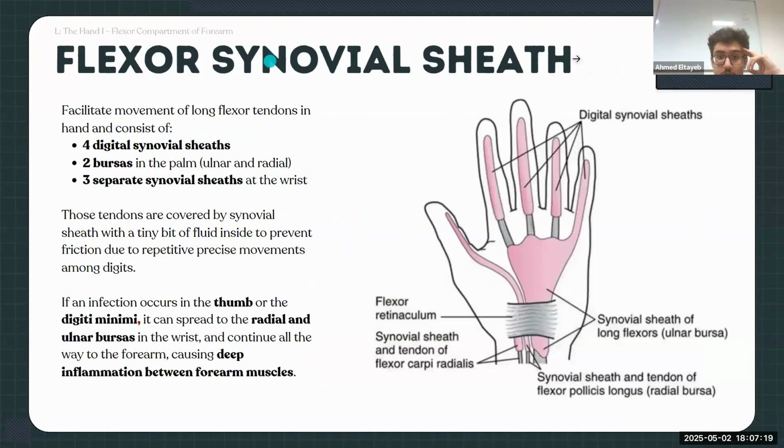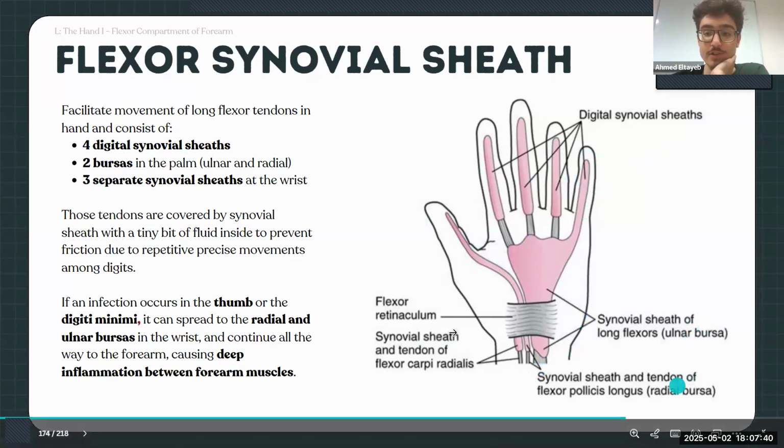Flexor synovial sheaths. These are straightforward. We have talked about the digital synovial sheaths, but let's talk about the entirety of the wrist. You need to know these three rules. You have 4 digital synovial sheaths, you have 2 bursae, ulnar and radial, and you have 3 separate synovial sheaths